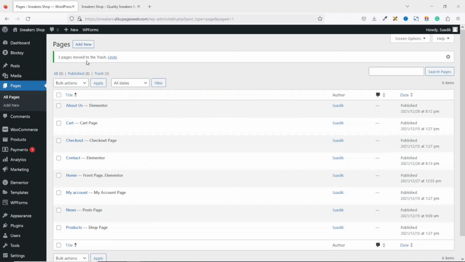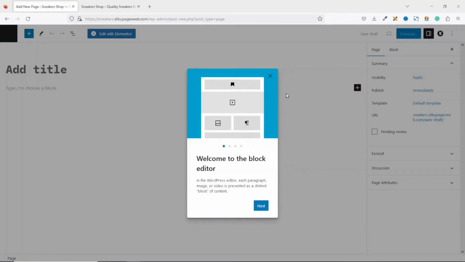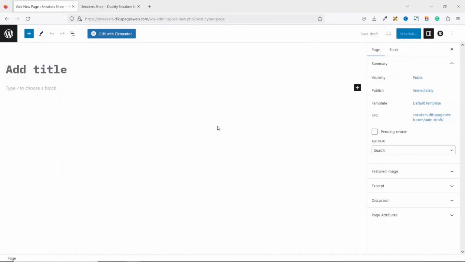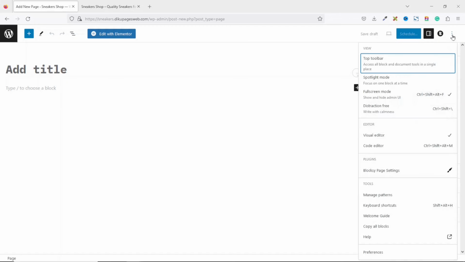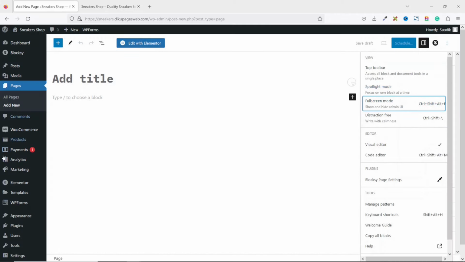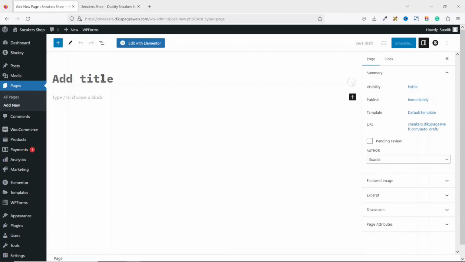To do that, I click on add new. I exit out of here. We are saying this because we are trying to create a page for the first time. You see that here we don't have the WordPress side menu. Let me display it. I can do that by going to the 3 dots icon right here, and I click on full screen mode, and you see it. Awesome. So the first page I create is privacy policy,